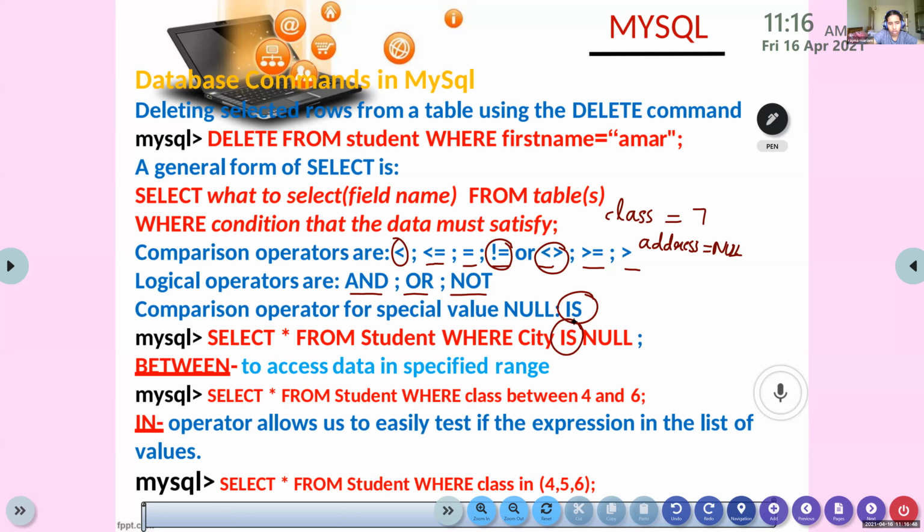This particular statement is the same as class less than or equal to 4 and class greater than or equal to 6. Okay. So instead of writing using relational operators, you have a separate operator called between. You can use class between 4 and 6. Both values are inclusive.